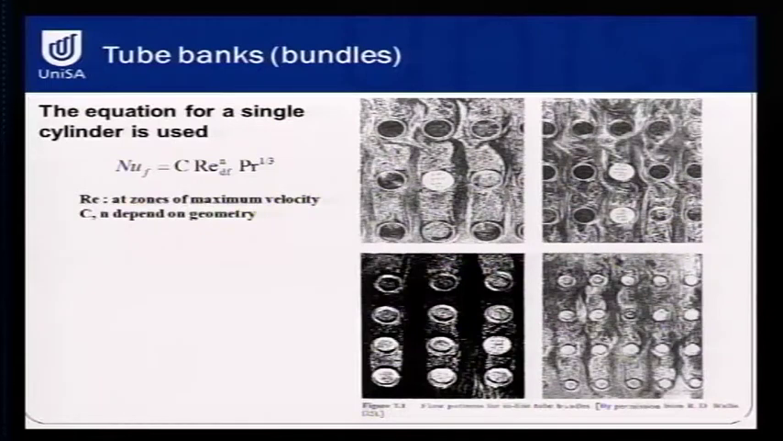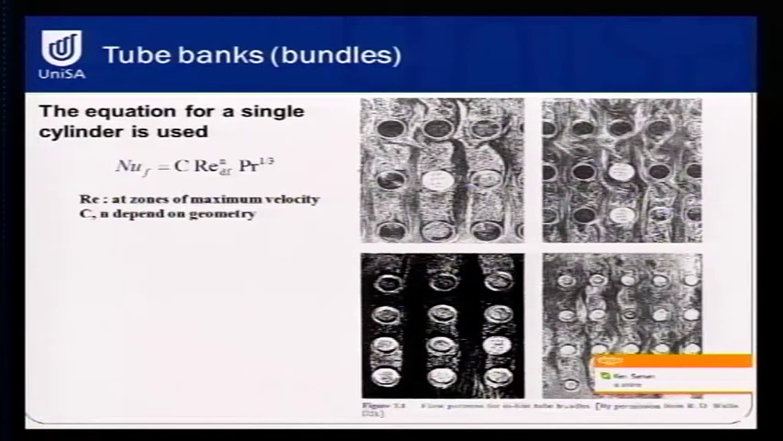And again, the major equation that we use is the Nusselt number at the film temperature equals a constant times the Reynolds number raised to the power n and the Prandtl number raised to the power one third. The only thing to remember is how we calculate our Reynolds number. Our Reynolds number in this case is in terms of the diameter of the tubes, the film temperature, and also we need to remember the velocity to be used in this case is the maximum velocity